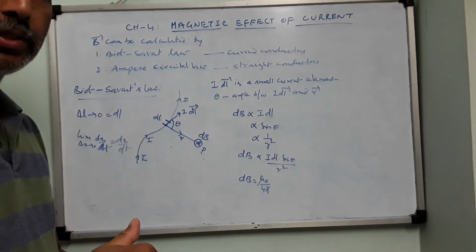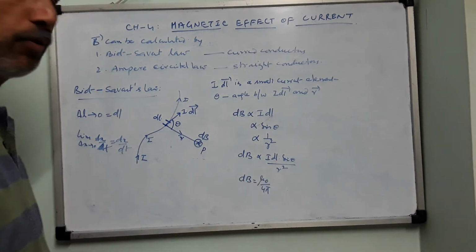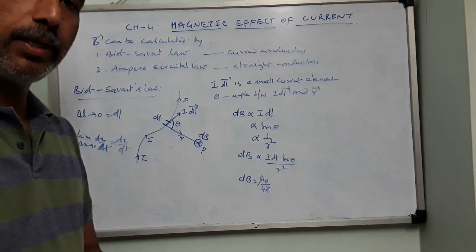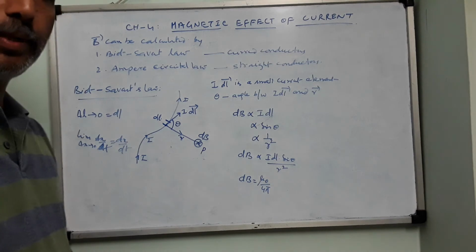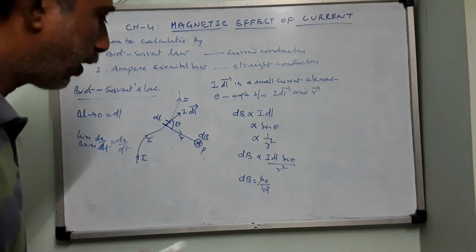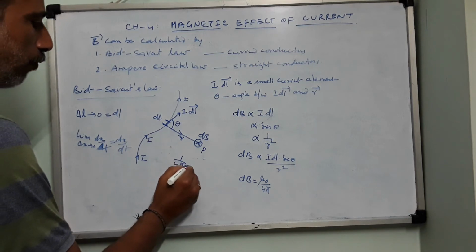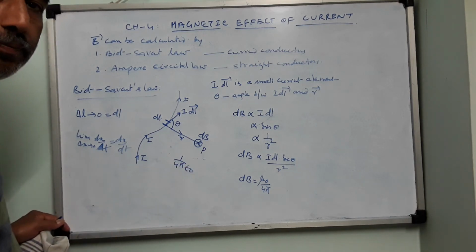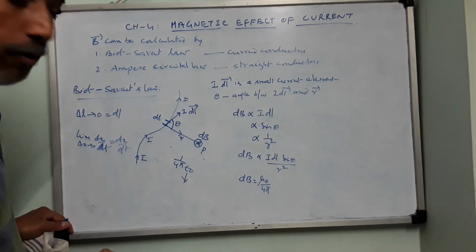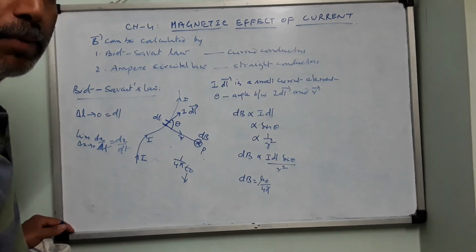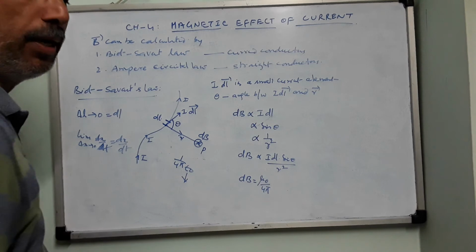And in the CGS system, when classical magnetism was discussed, there was no constant like this mu naught by 4 pi. After we adopted the modern physics concepts, that is the SI system, this mu naught by 4 pi has been introduced. Like in electrostatics, the constant is replaced with 1 by 4 pi epsilon 0. So here epsilon 0 is known as what? Permittivity of free space or vacuum, whereas mu naught is known as permeability. Its name is permittivity, its name is permeability.